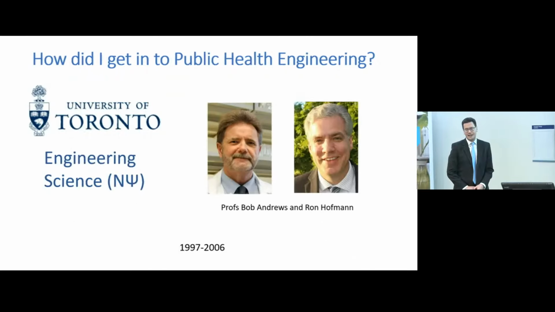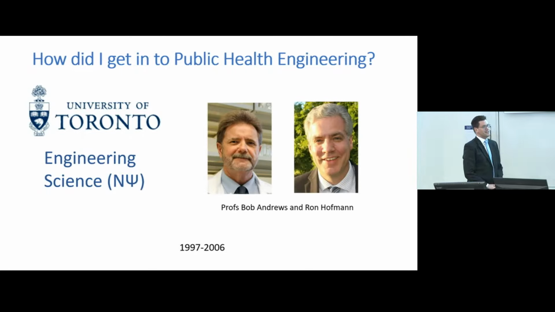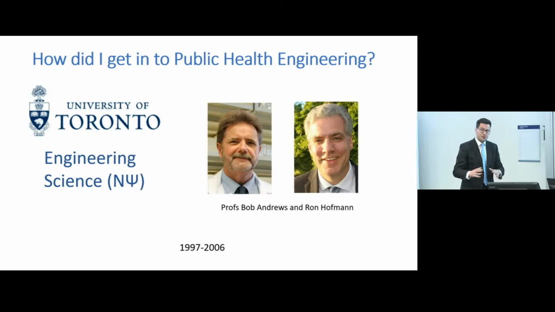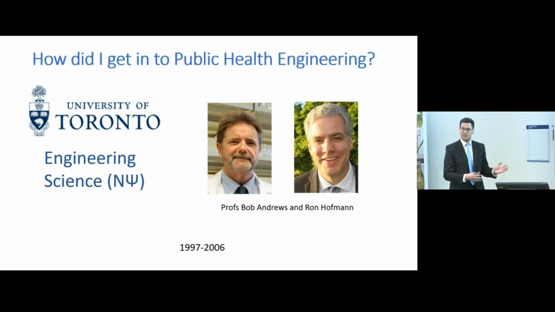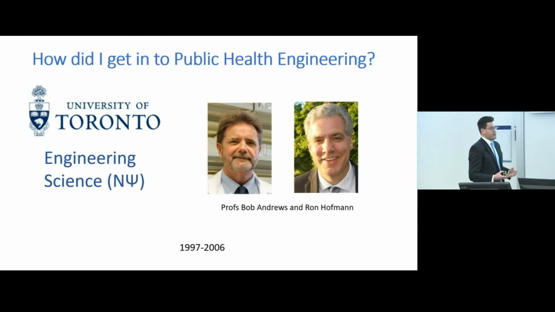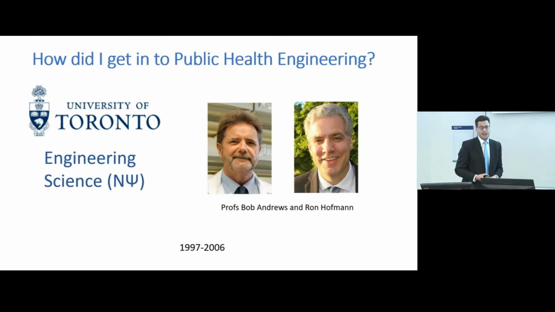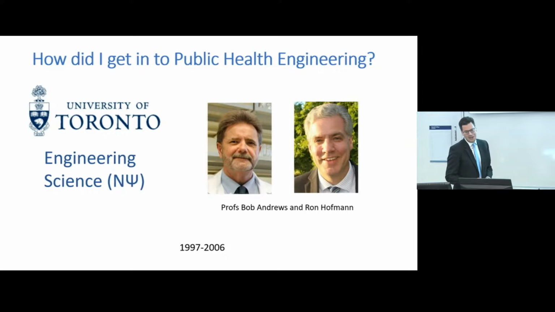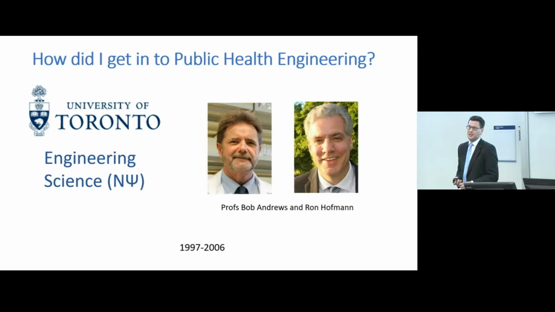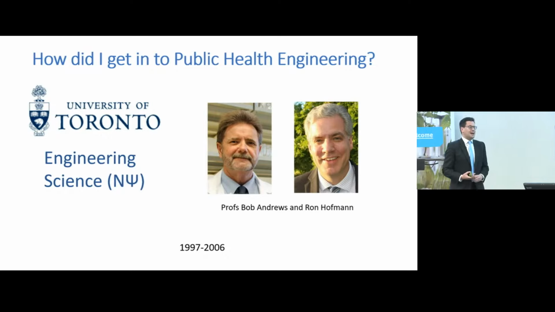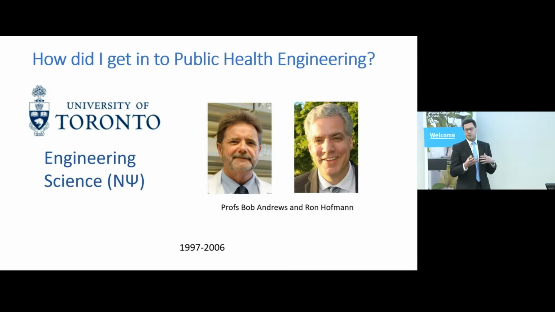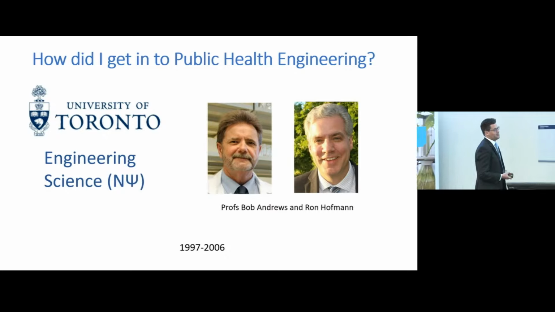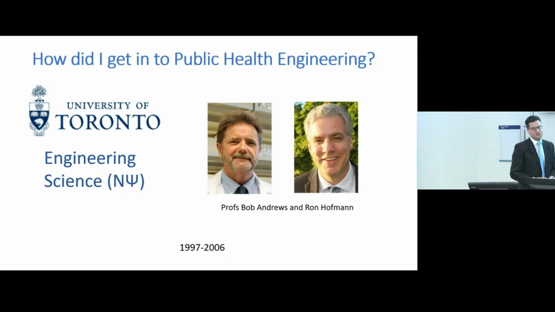Well, as Washington said, I left home when I was 17 to go to Toronto to do a program called Engineering Science, or EngSci for short, which was a great program because in the first 2 years, they expose you to all types of engineering. So I did mechanical, electrical, chemical engineering, and then in the last 2 years, you have to specialize. Initially, I thought I wanted to be an aerospace engineer, even though I was never going to be an astronaut because of my terrible eyesight, and I'm too tall anyways to fit into any spaceship. But I found myself really inspired by subjects like chemistry and microbiology more so than physics, which is what mostly aerospace engineering was about.